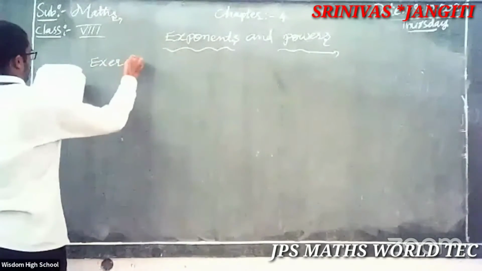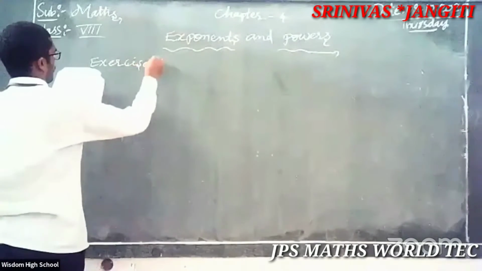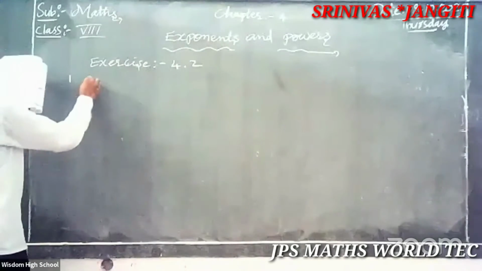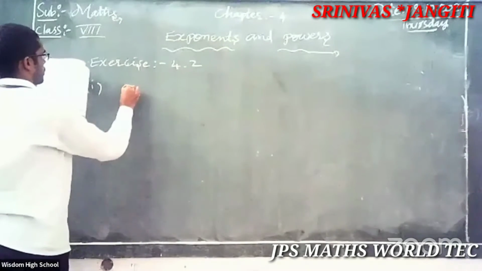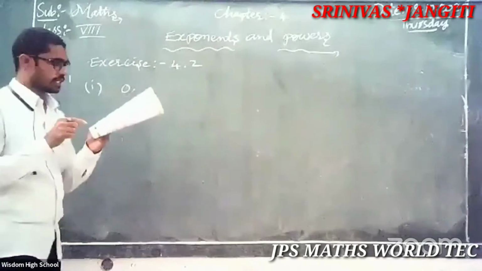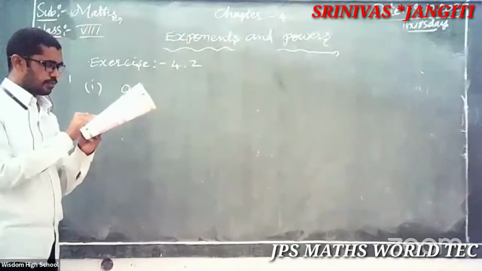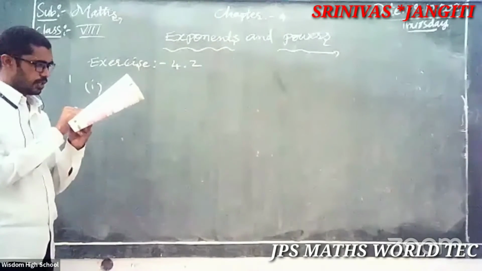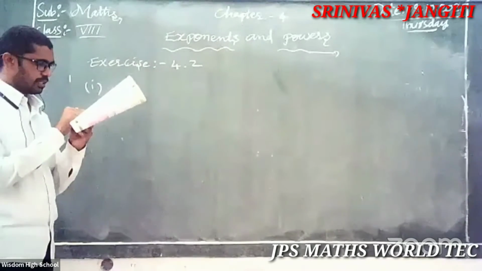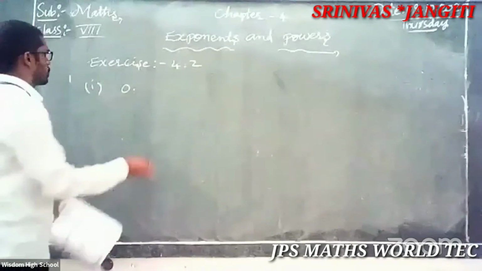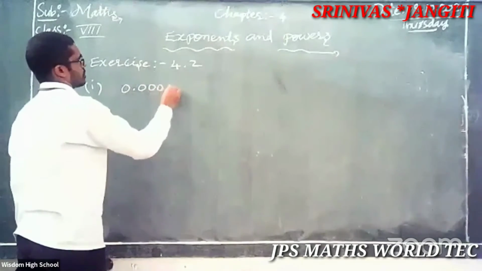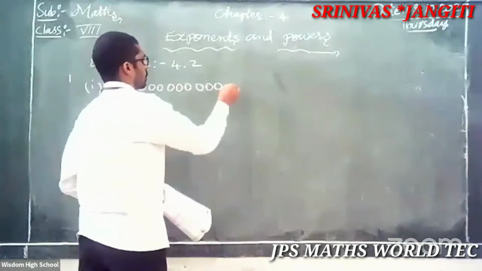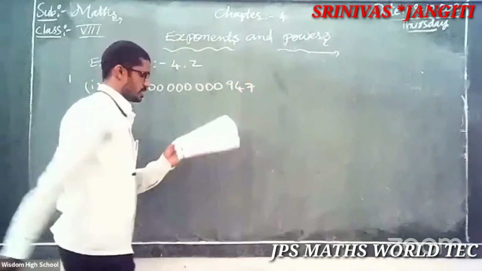Everybody observe. Once you know one problem, every problem depends on the first problem. Observe the first problem. What is given? Observe that it is 0. How many zeros? Then count it: 1, 2, 3, 4, 5, 6, 7, 8, 9. Nine zeros. After the point, how many? That is 3, 3, 3. Total, yes, 9 zeros. Then after, some digits are given again: 9, 4, 7. This is the given problem.